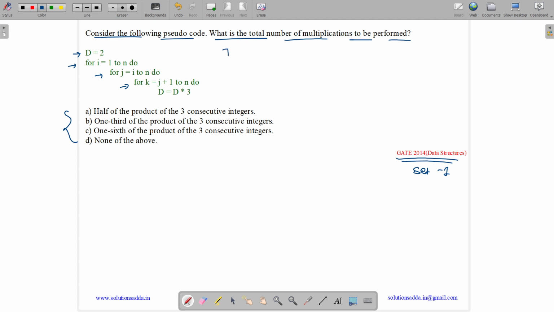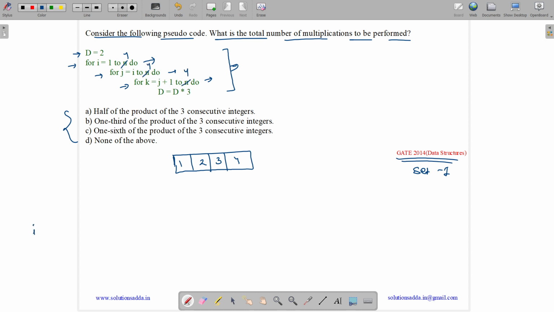So actually this is very complicated to find the number of multiplications, because here we have 3 loops and each of them is running for a different number of times. It runs from 1 to n, from i to n, and from j to n. So if you want to simplify it, take any value of n. Let us suppose we have an array of size 4 with the items 1, 2, 3 and 4. Then we can do it very easily. So i will run from 1 to 4, j will run from i to 4, and k will run from j plus 1 to 4.